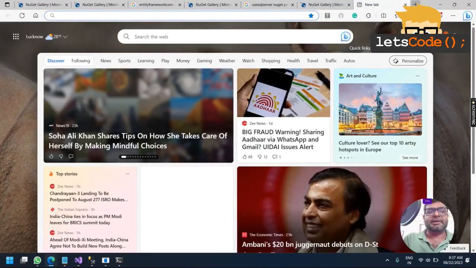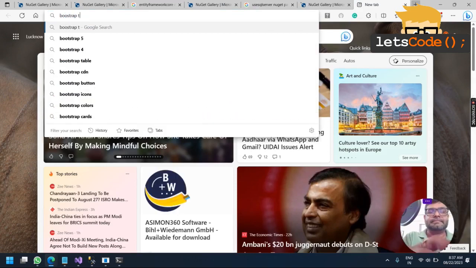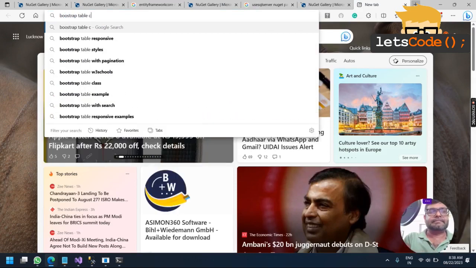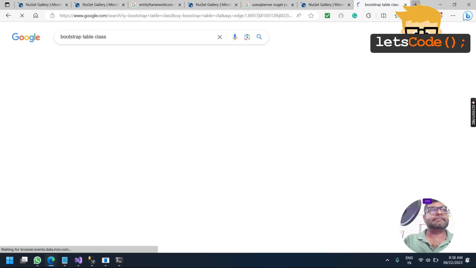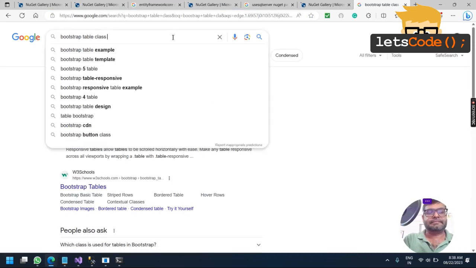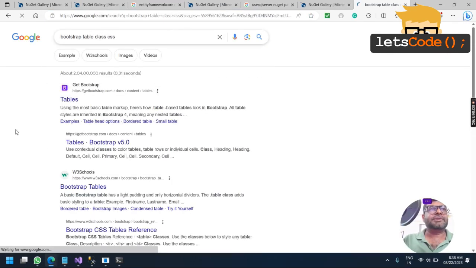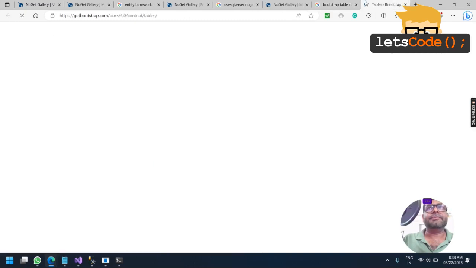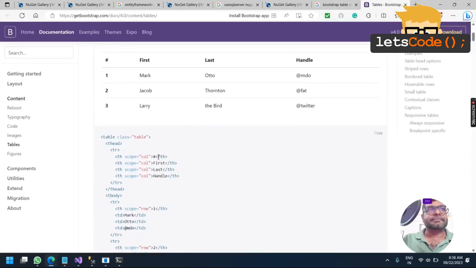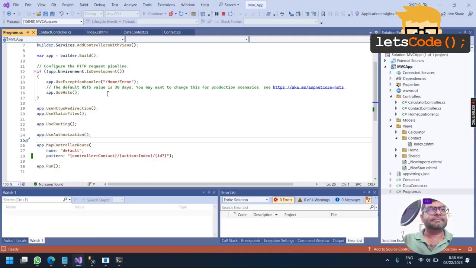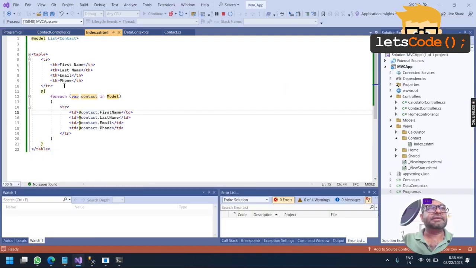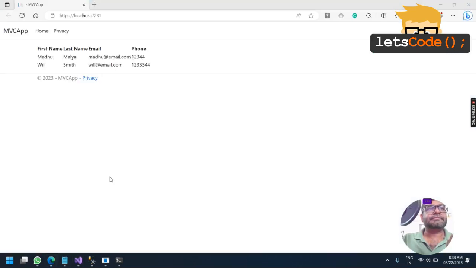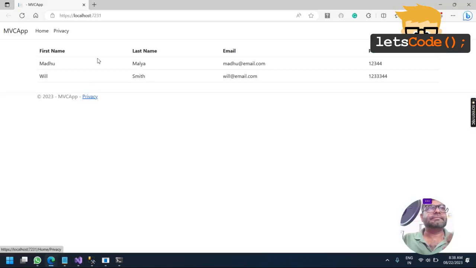Bootstrap table class, so that your table starts looking beautiful. I'll define it as table. Just see if this makes it look a little more beautiful. That's it. It's good enough for us.